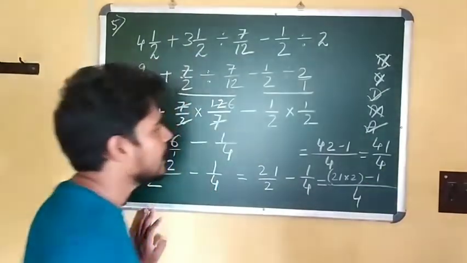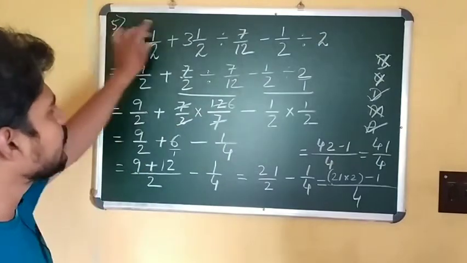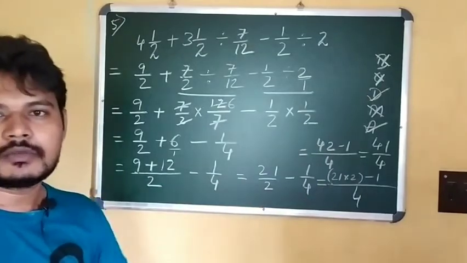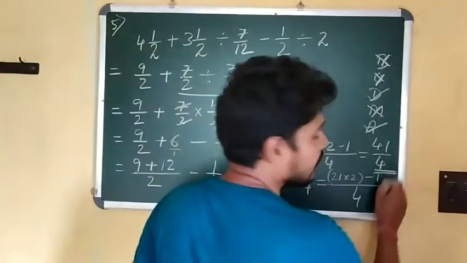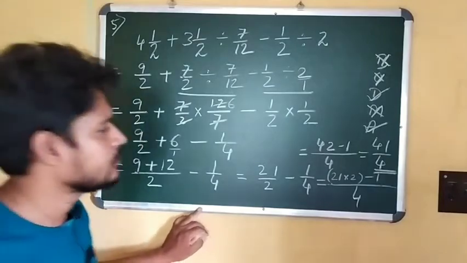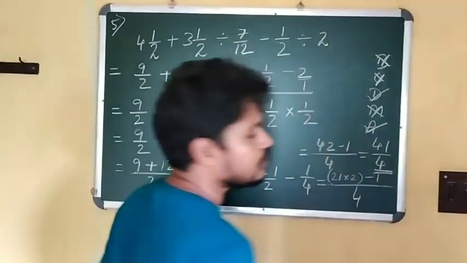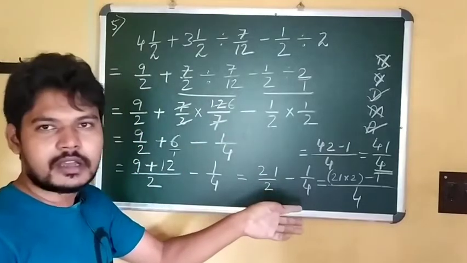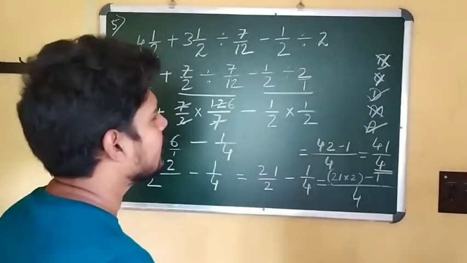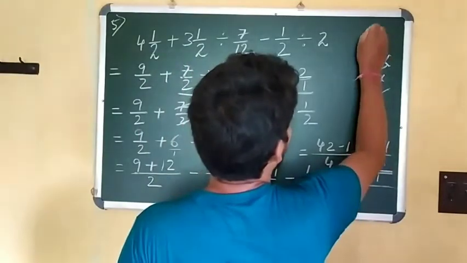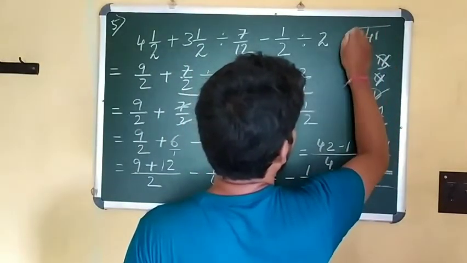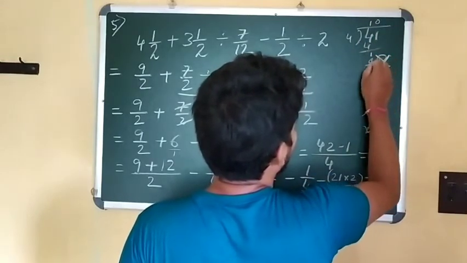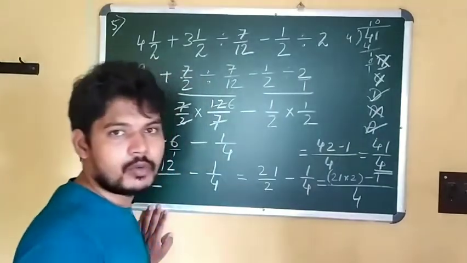So after applying all the operation, we solve this numerical expression and we get our answer, that is 41 by 4. Okay, 41 by 4. And you can find out this also in mixed number form, which I have not done in the previous example. So how to find out the mixed number form? You have to divide 41 by 4, then 4 1 is 4, remainder 1. So 10 as a whole and 1 by 4.